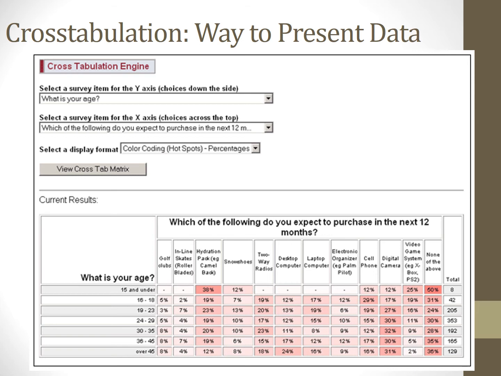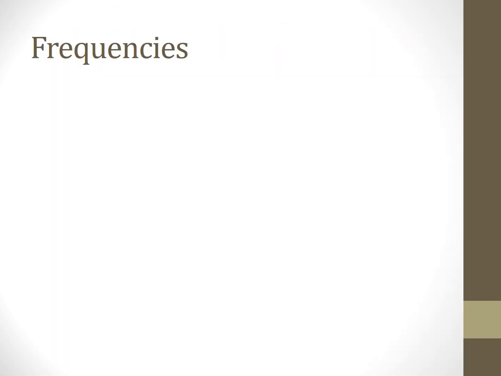So you have across the row is what is your age, from 15 and under through I guess between 45 and death is the last category. They don't care about you so much after that. And how many people